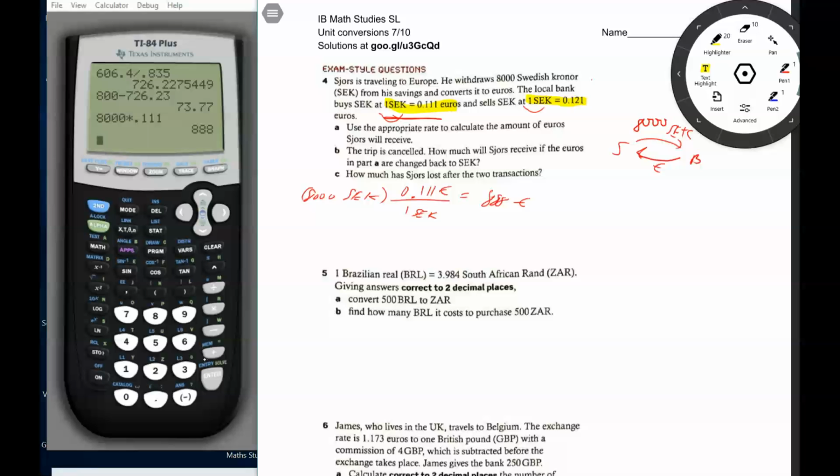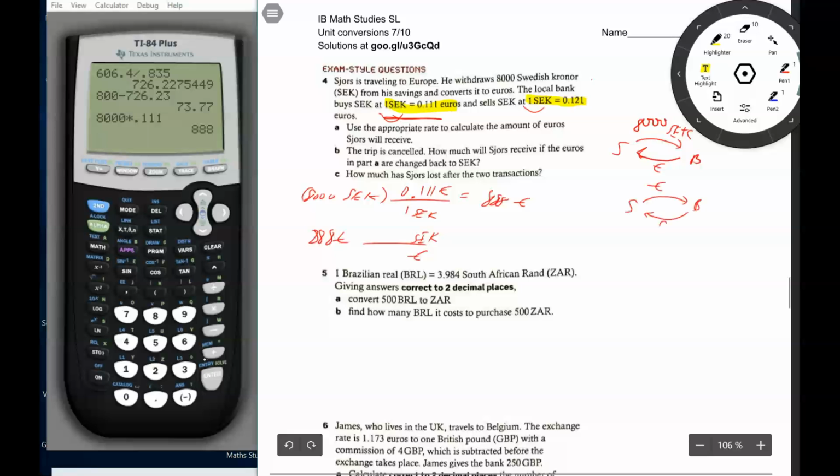B, the trip is canceled. How much will Sjors receive if the euros in part A are changed back to SEK? So we're going to take 888 euros, and we are going to multiply it times the other domino, because in this case, Sjors is going to give euros to the bank, and the bank is going to give SEK to Sjors. So is the bank buying or selling SEK? It is selling SEK. So if it's selling SEK, then it would be 0.121